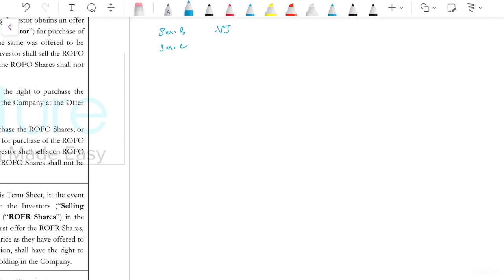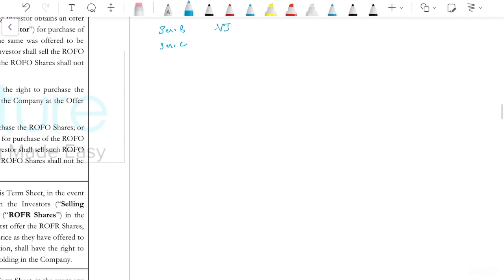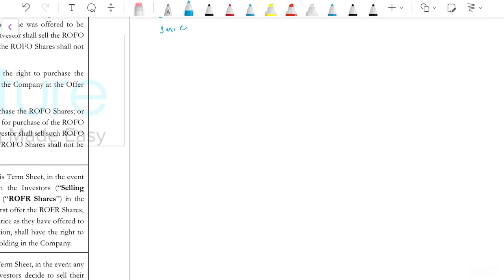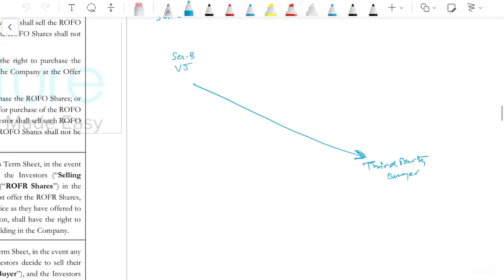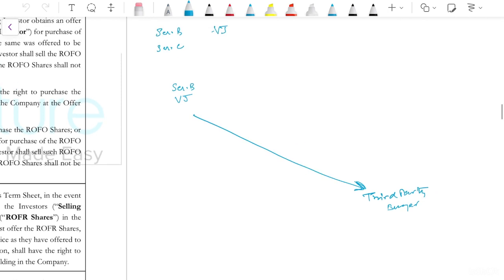Then what alternative do I have? See, one part is the IPO story, etc., which is a scheduled exit, which we'll cover later on. But let's say the scheduled exit has not yet happened and still I want to dispose of my shares. In that case, there is a restriction on my disposal. I am a Series B investor, right? An ideal way for me would be to go to a third party buyer who is interested to buy my stake and simply sell the shares to the third party buyer for some amount, right? But because of clauses like ROFO, which is the right of first offer, I will also tell you why it is named so,